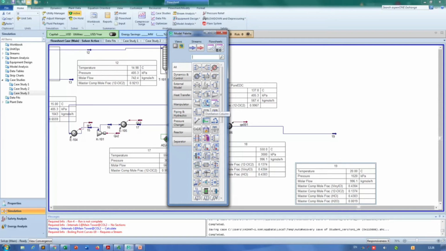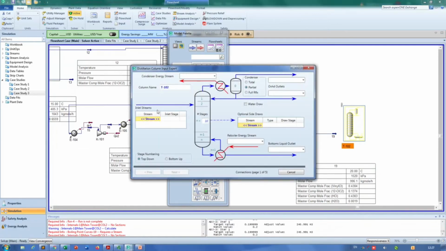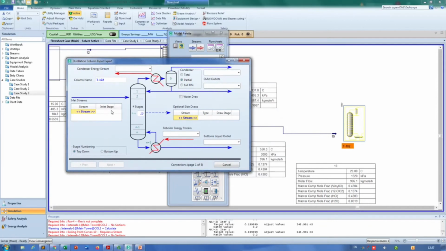So you have to check which one is the distillation column. It's placed next to the expander. Click on the distillation column, select it. Once you double click, the first thing you will see is the inlet stage, where it enters. Let's put stream 19, the stream that we want to purify, and then it asks for some information about where it enters. This is one piece of information that we need, and also the number of stages that we need to achieve the required level of separation. Let's put total reflux, and then it asks for